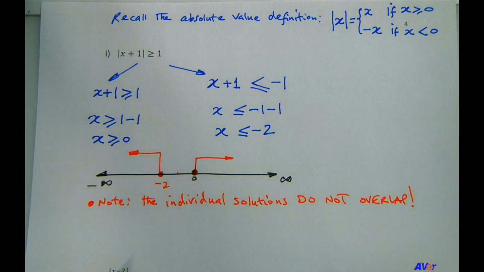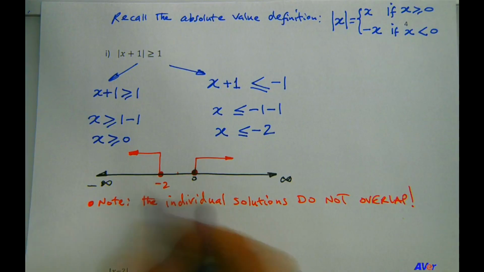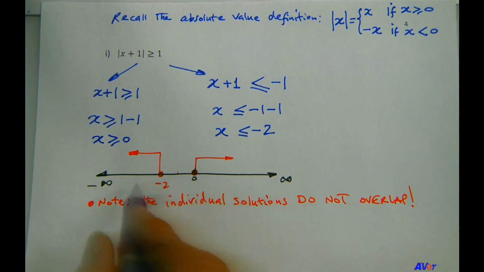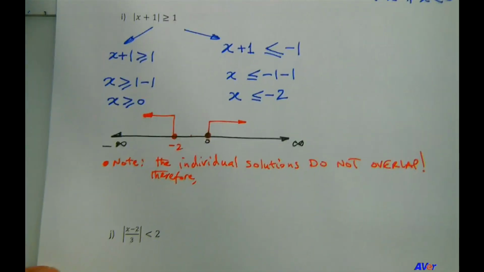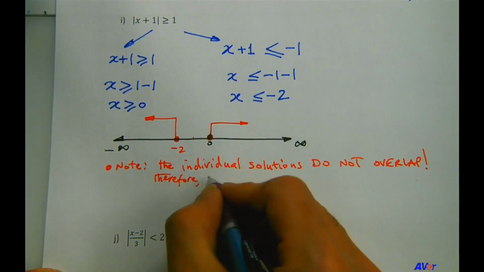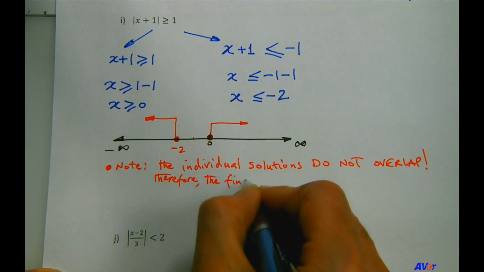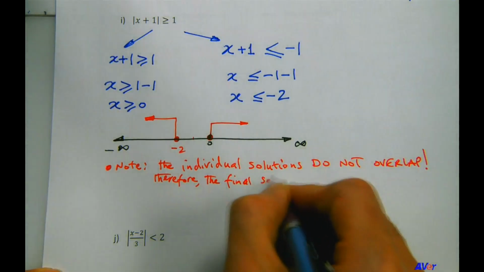If the individual solutions do not overlap, then the final solution for an absolute value inequality is the union of the individual solutions. Let me write that down. The individual solutions do not overlap, therefore the final solution